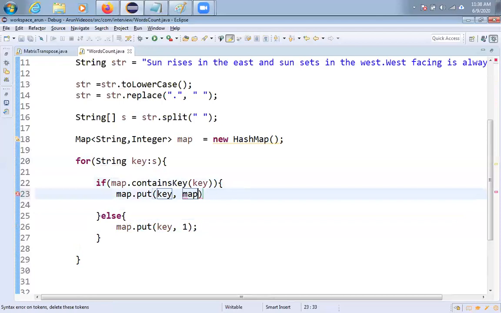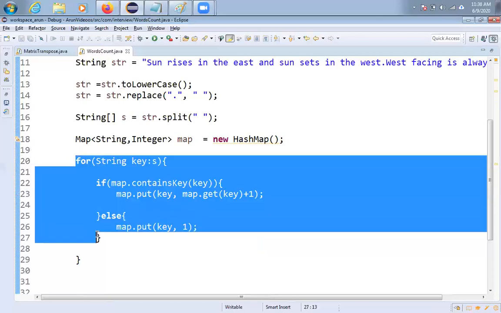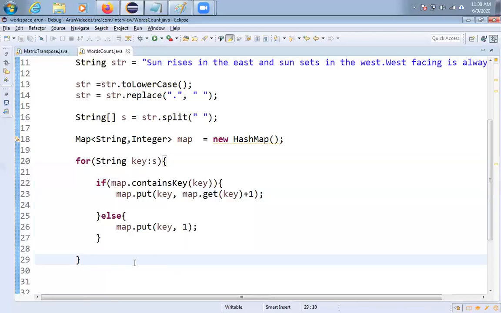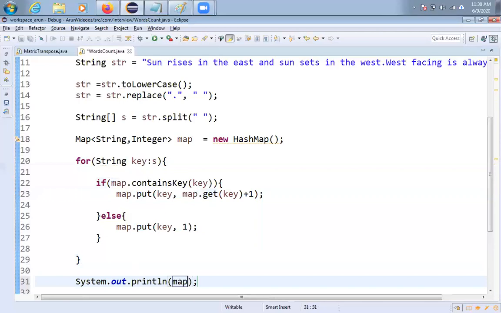The map dot get method is there, and you have to pass the key. Then you will get the corresponding value. For that value, I'm incrementing by 1. That's it, friends. So this for loop will be executed. And let me show you system.out.println of map. Let me show you, friends, what the output is.